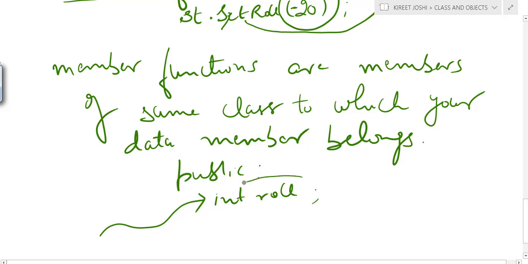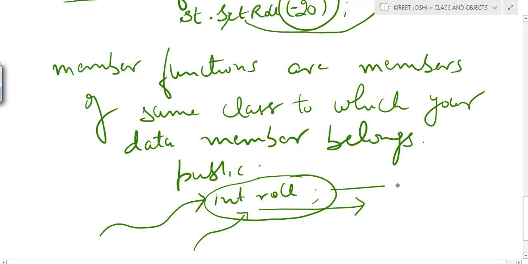So it can be accessed directly outside the class. So the data is at stake. If this particular data can be accessed by anyone, there can be a situation that any user can manipulate this data also, and it can result in a situation that is not related to our program.